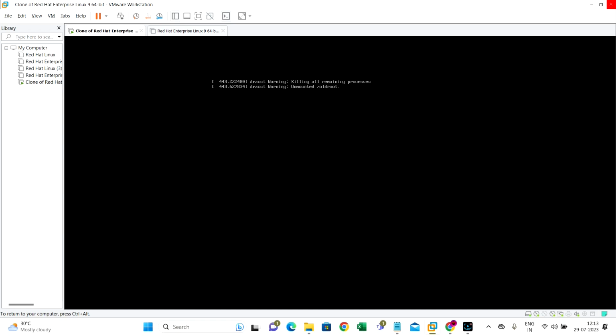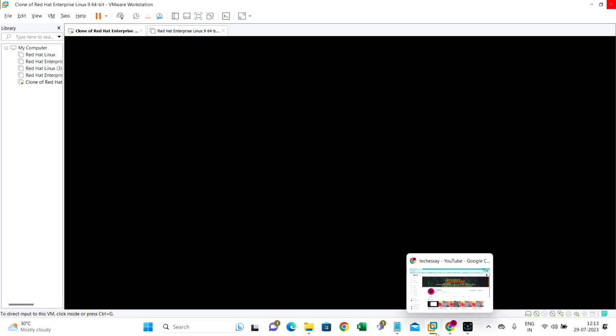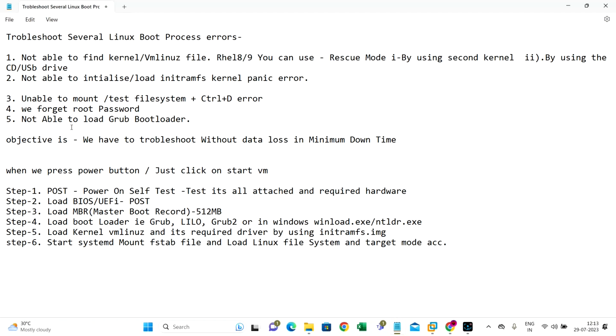As we have now solved these two problems, these two problems can be solved in the exact same manner, but I specifically follow the exact procedure for how you can solve the kernel panic error or the initramfs file missing or unable to load initramfs file error